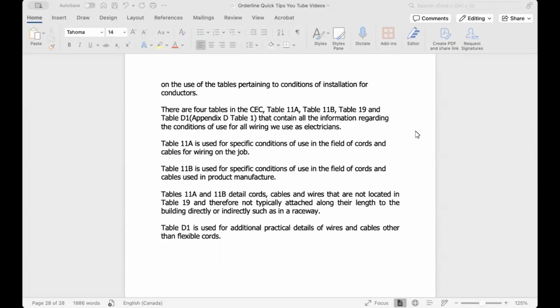Table 11A is used for specific conditions of use in the field of cords and cables for wiring on the job. Table 11B is used for the specific conditions of use in the field of cords and cables used in product manufacture. Tables 11A and 11B detail cords, cables, and wires that are not located in Table 19 and therefore